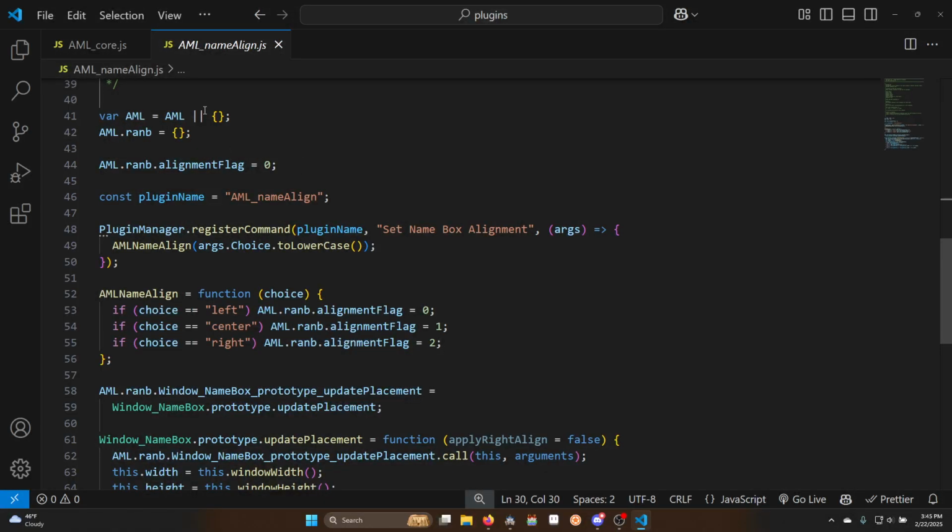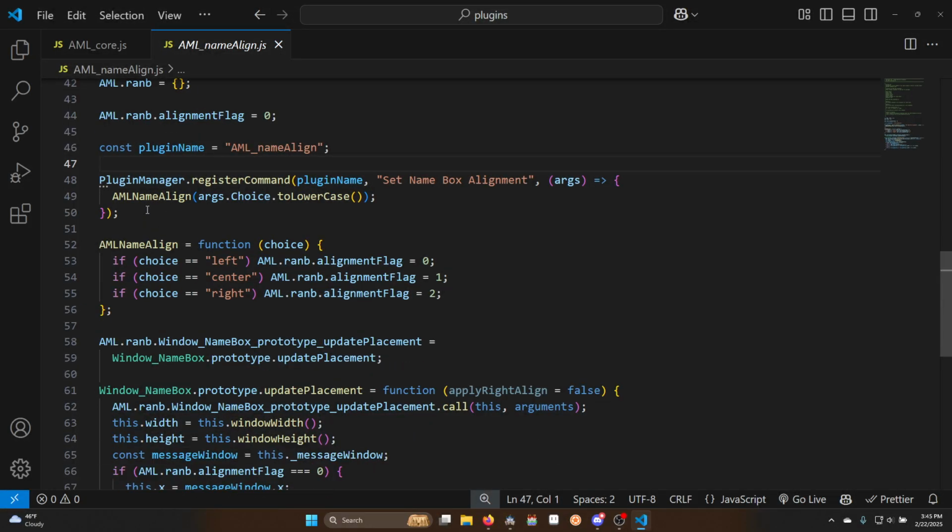For those of you who have been following along in my previous coding tutorials, you'll recognize this. We have an object called AML, and inside that object, we have another object called ranB. Objects are boxes that we can put stuff in. In that second box, we're adding the alignment flag, which we're setting to 0 by default. Then we're creating a constant plugin name, which is AML name align. Then we're saying the plugin manager, which is part of MZ,